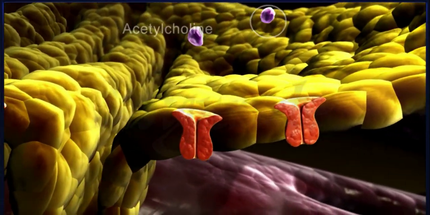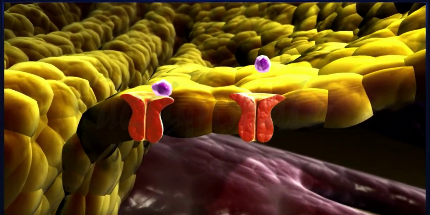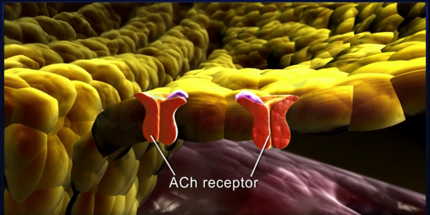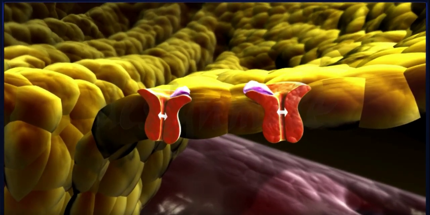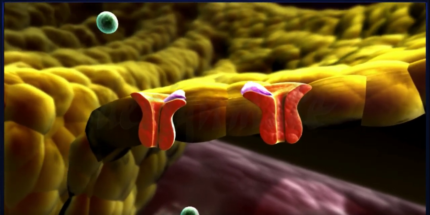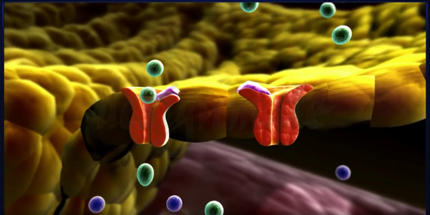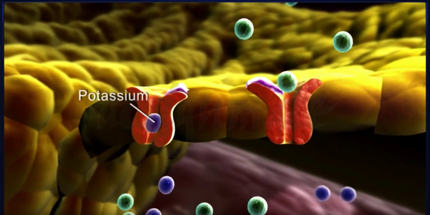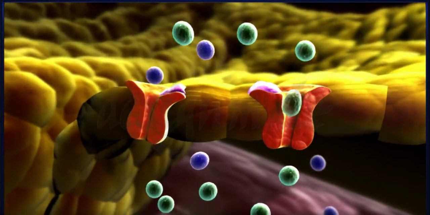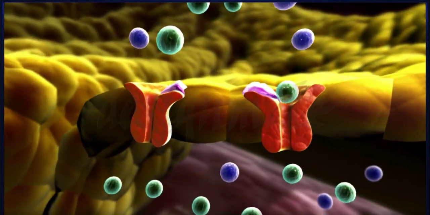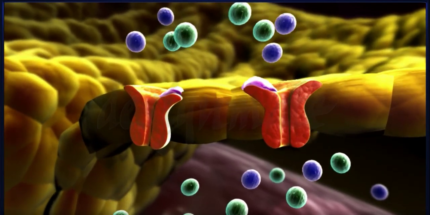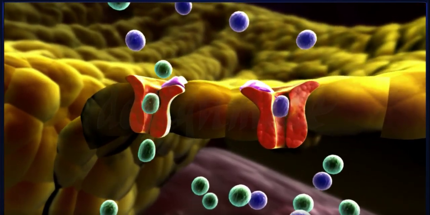Acetylcholine diffuses across the synaptic cleft and binds to its receptor on the muscle, causing them to open. These activated receptors now allow sodium ions to flow inside the muscles and potassium ions to move out. The sodium ions moving in are more than the potassium ions moving out,